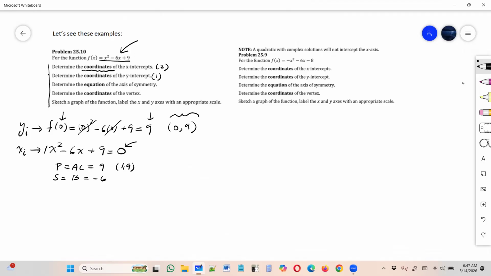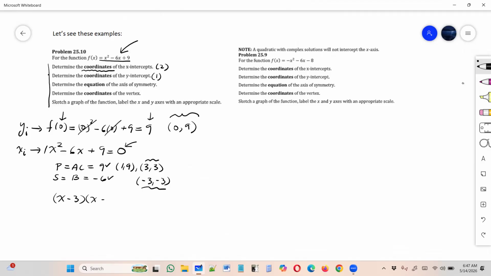So the possible pairs for 9 is either 1 and 9 or 3 and 3. And it looks like it's 3 and 3, but only when both numbers are negative. Okay? So -3 times -3 is +9. -3 plus -3 is -6. So this is it. So we factor this, and we get